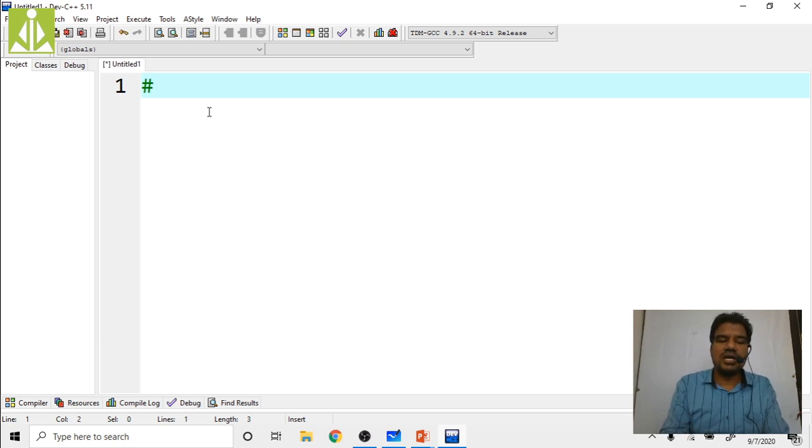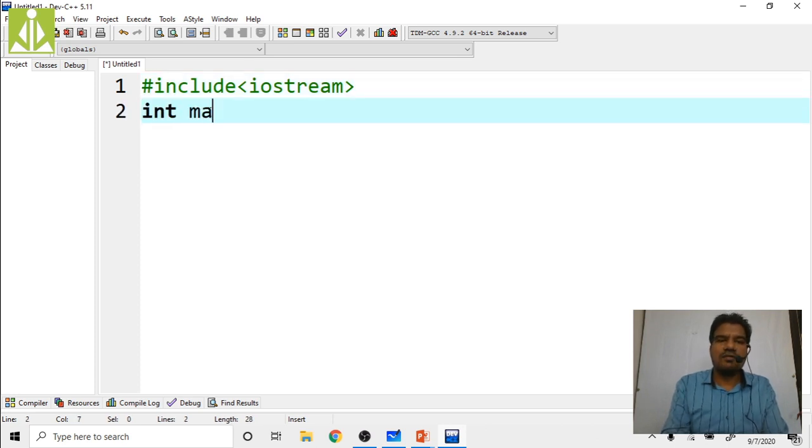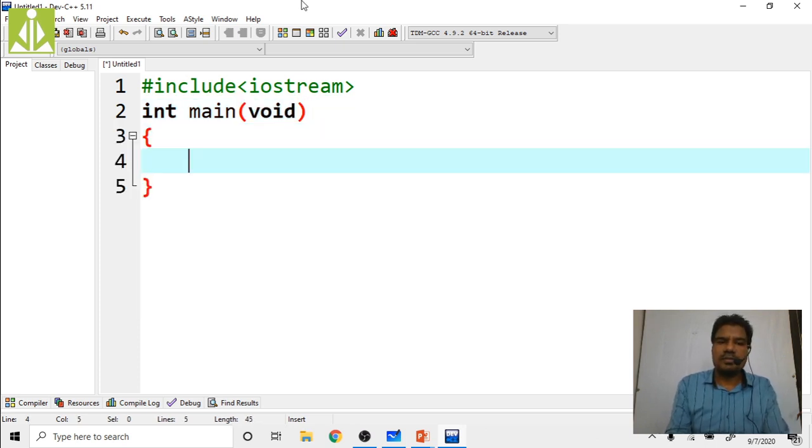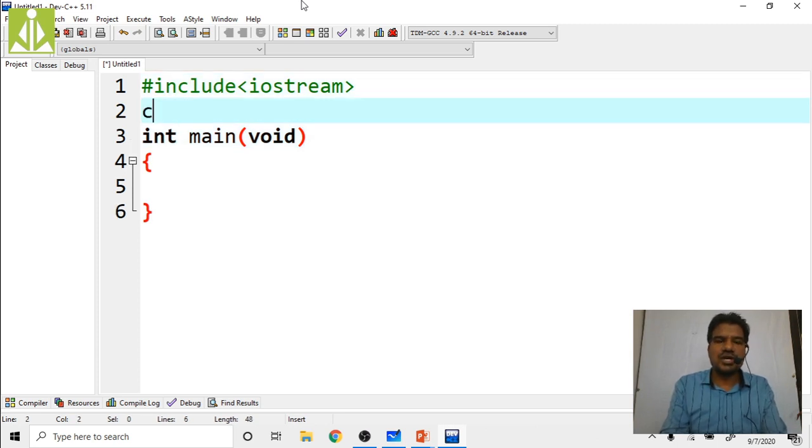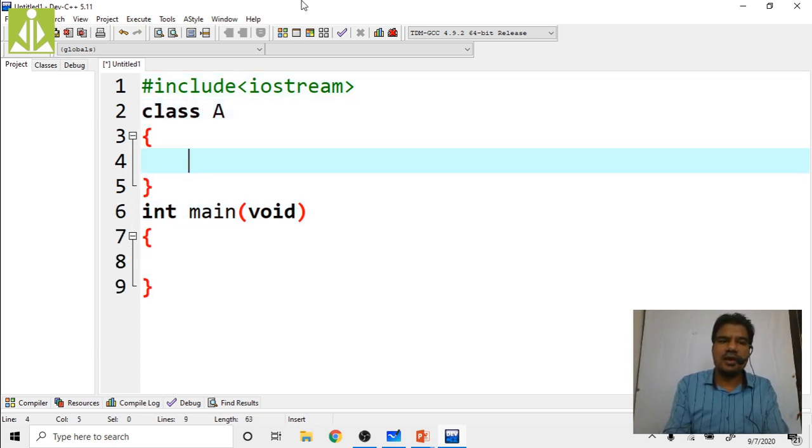So quickly I'm taking #include iostream. Then put the main function, int main of void. Then my classes will go here. Before the main function, I'm creating my class A. In it, if I put a default constructor, you will not get anything because the default constructor will not do anything.